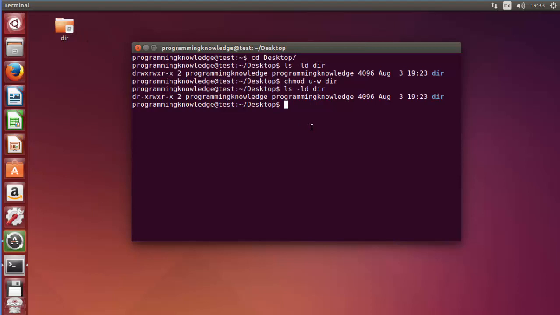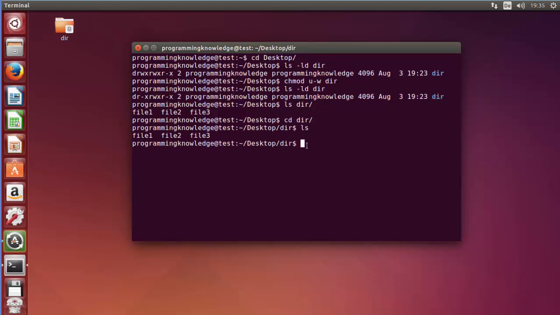So let's say we want to ls the content of the directory. I will just do ls dir, for example. It shows that this directory has 3 files. And let's say I will change to the directory. So I will go inside the directory and do ls here, and in here, for example, I want to create a new file, file4. So I will use the touch command and write file4 here.